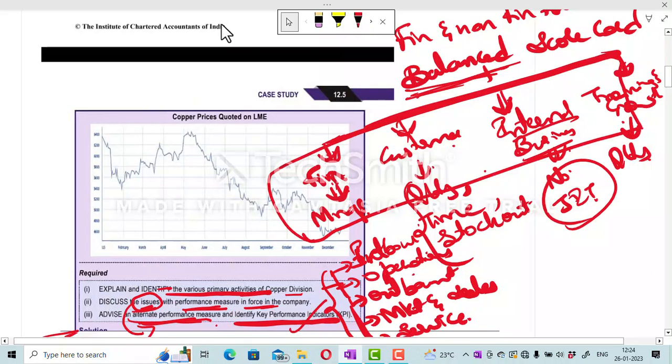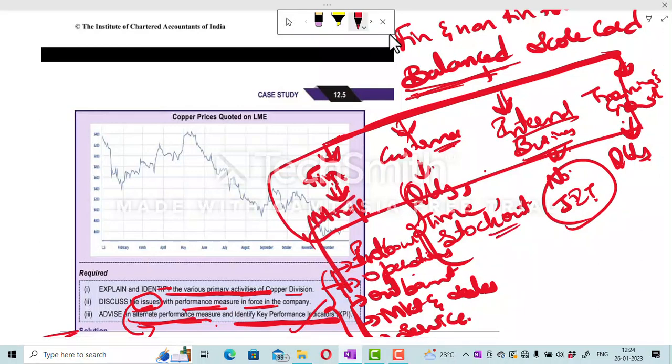Okay, and key performance indicators are how we can assure that the manager has achieved the financial measure by checking whether they are giving the rewards which are out of his control. Okay, how we can tell that they are fulfilling the customer perspective, checking all these: quality, time, and stock out instances. These are the key performance indicators basically, like examples of what we need to check in order to ensure that they